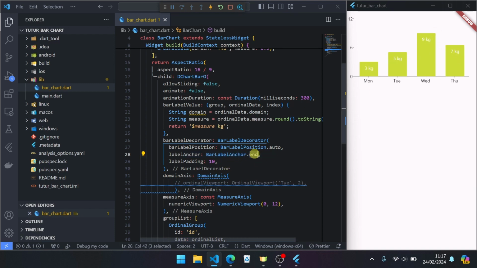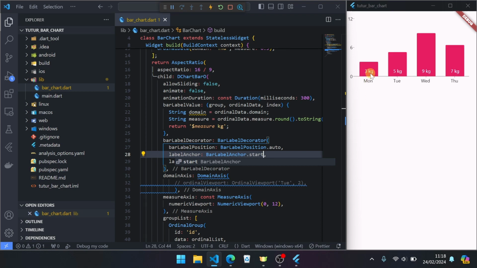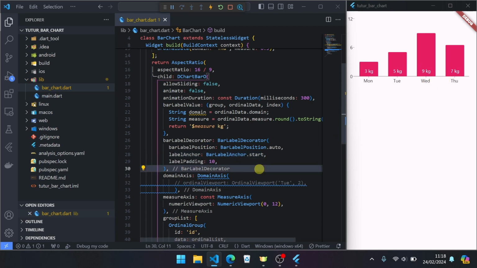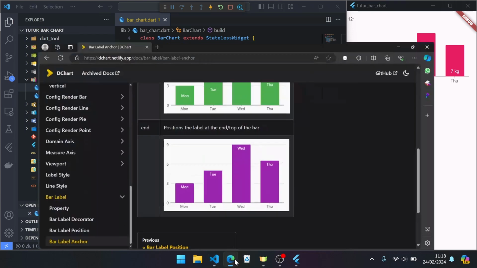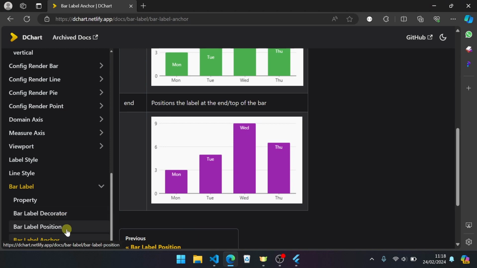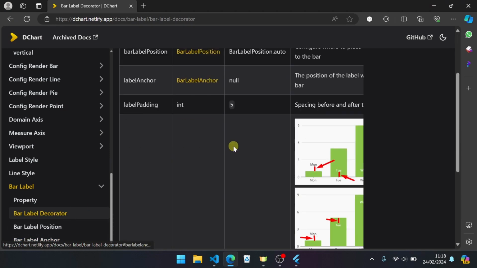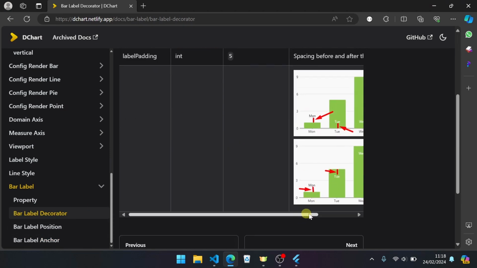If you set to start, let's start again, 10 pixel from bottom. 10 pixel, 10 pixel, 10 pixel, 10 pixel. Okay, label padding, decorator, label padding, like here.